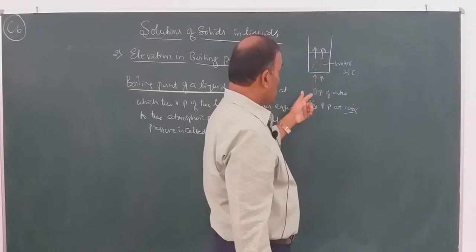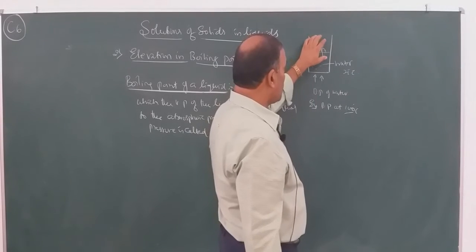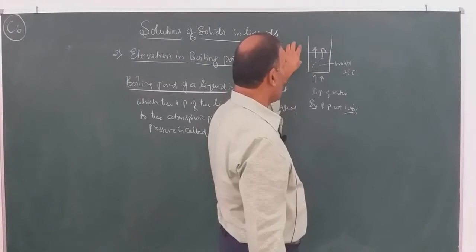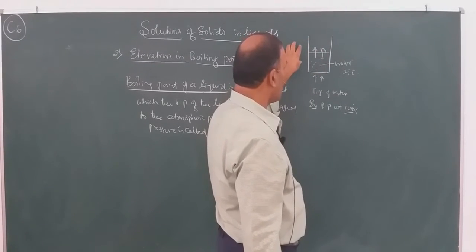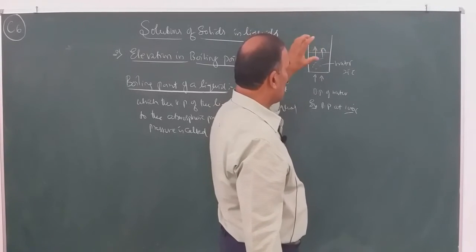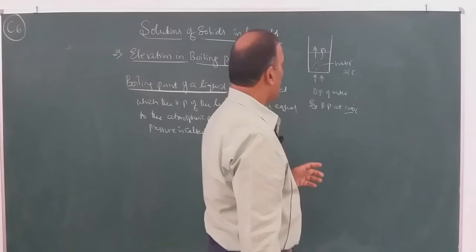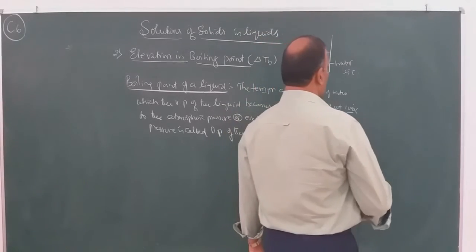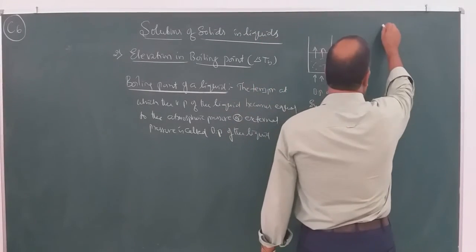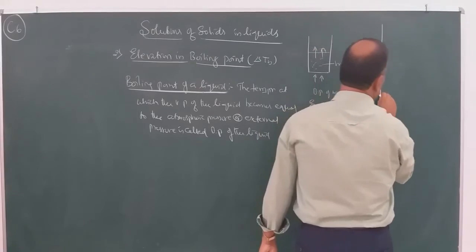So, the temperature at which the vapor pressure of the liquid becomes equal to atmospheric pressure or external pressure, the liquid boils. That temperature is known as boiling point of the liquid. So, it can be expressed in the form of a graph. Say for example,